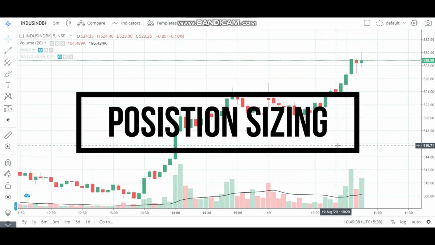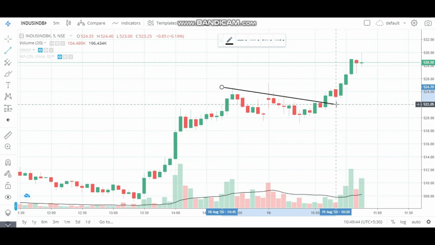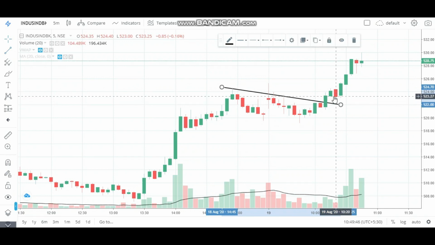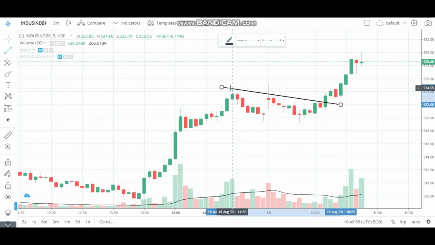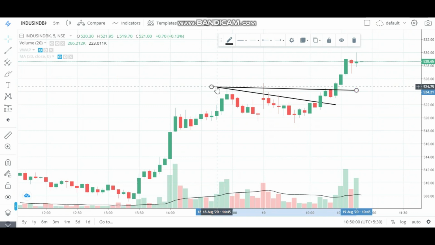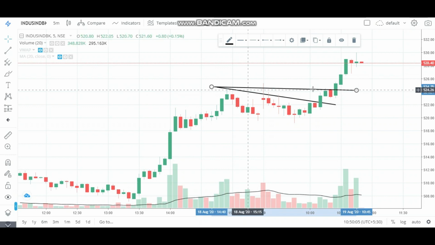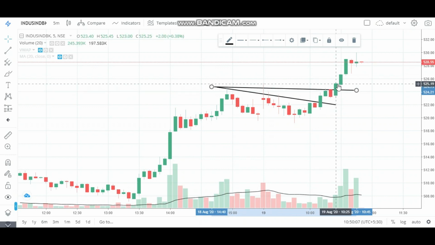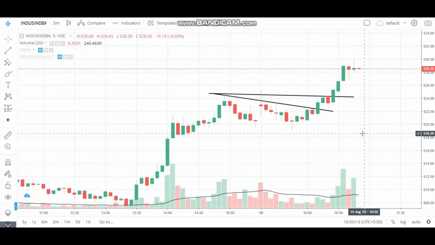Let's move on to position sizing. So price gave a breakout at this area here, and I entered at 523.50, so I took only 50 quantity at that position, and after when price made a breakout above this area I chose because this was yesterday's high, and from this high price started moving downward. So when price moved above this area, I entered into 525. So that was the position sizing, even though it was a small position sizing, but it is very important while you are trading in stocks.